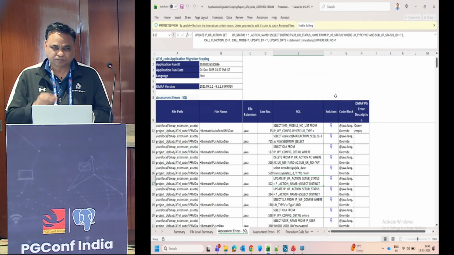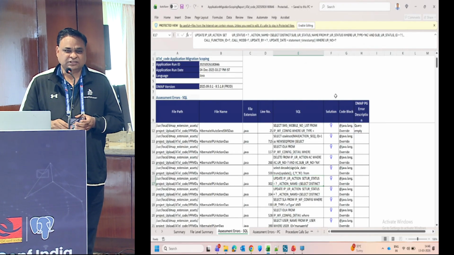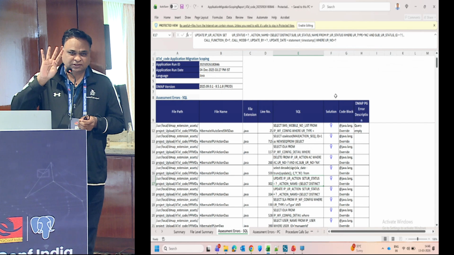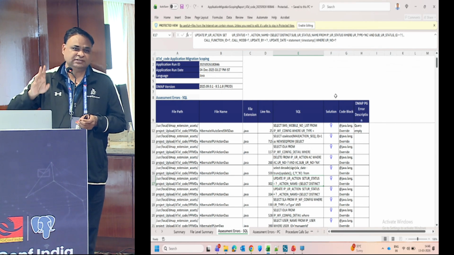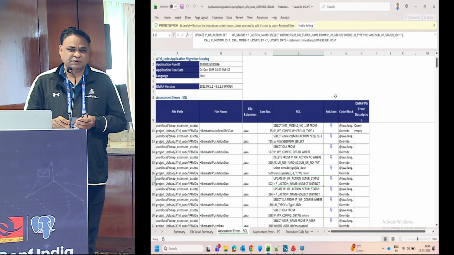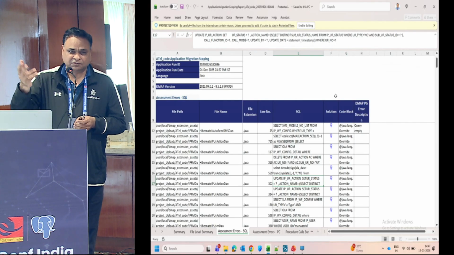So even legacy application code is handled using this application? Yes, only four languages are supported at this moment: Java, any flavor of Java, .NET, Python and C++. Some people come with Pro*C or something; no, we are not supporting that at this moment. Or Fortran or other old languages, no.